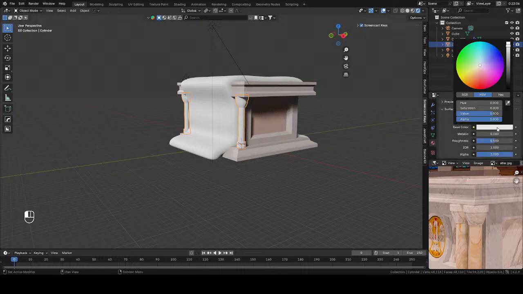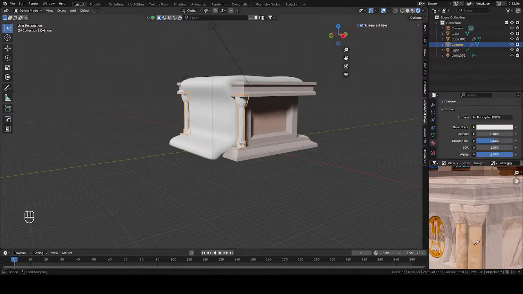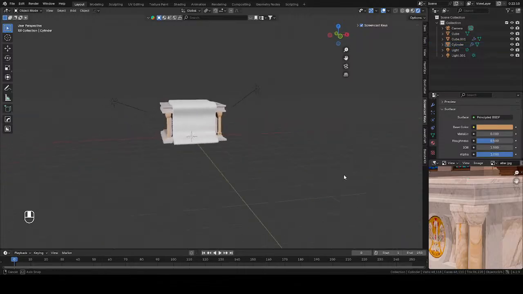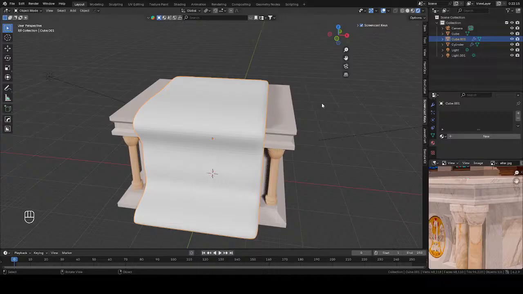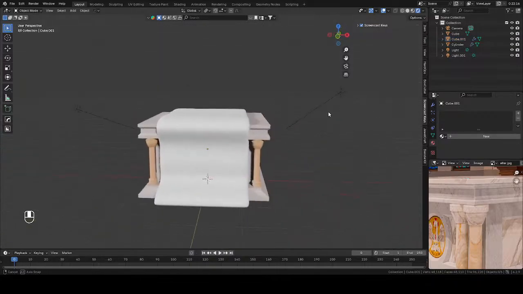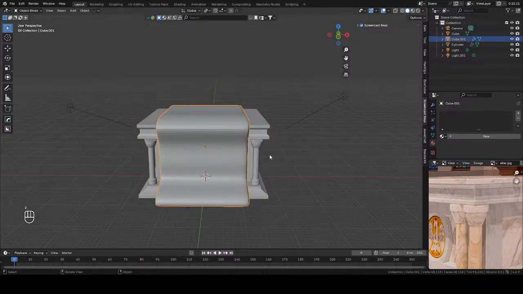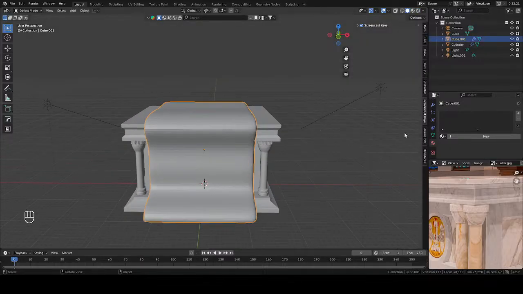Something like that. Okay. So now we can go ahead and go into sculpt mode to kind of add some more detail to this